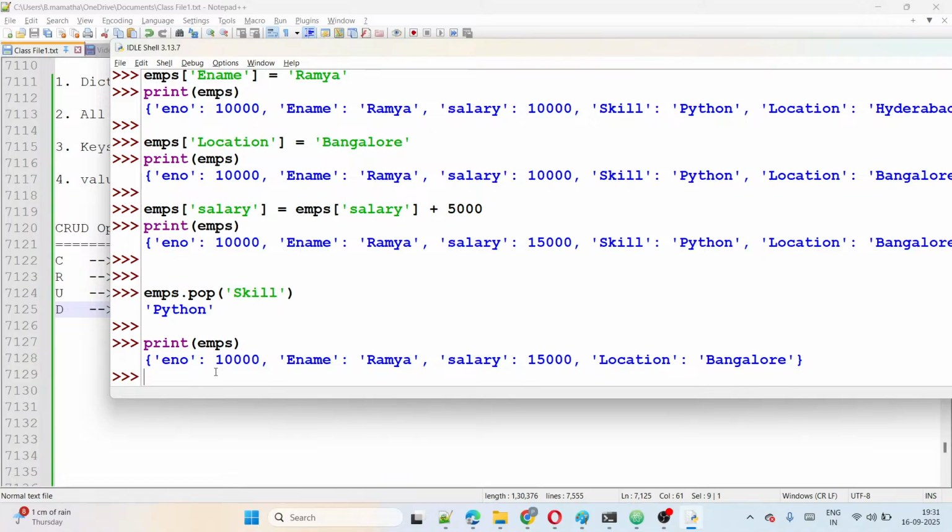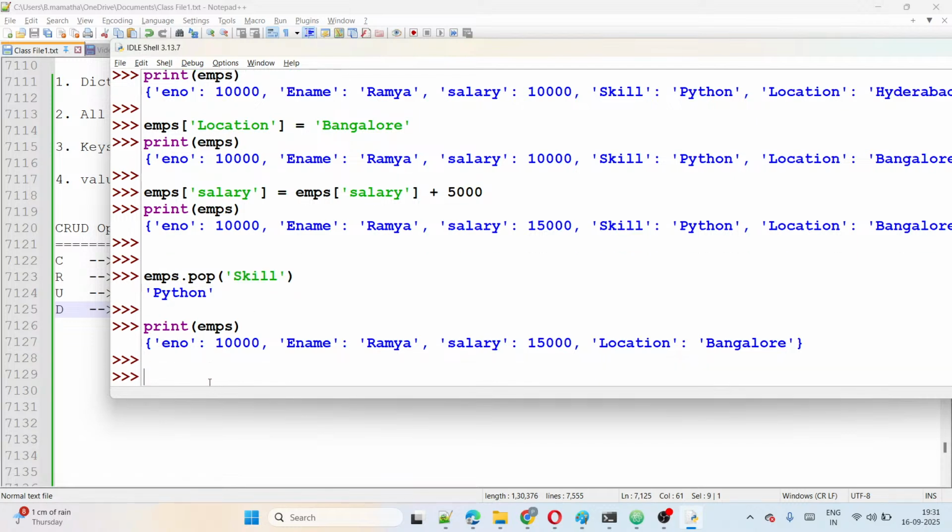Now you may have a doubt, sir, if I don't give an existing key, and I give some unknown key, what happens here? emps dot pop of